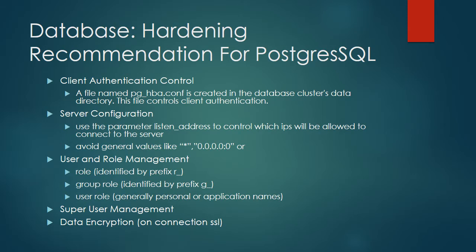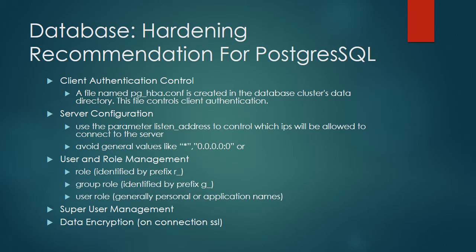Here we're going to talk about a couple of hardening recommendations for Postgres SQL. First, we have client authentication control. When installing Postgres SQL, a file named pg_hba.conf is created in the database cluster's data directory. This file controls client authentication. From the official Postgres SQL documentation, we can define the pg_hba.conf file